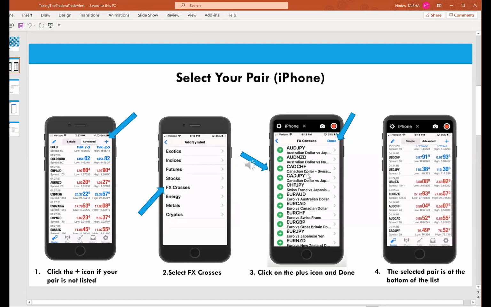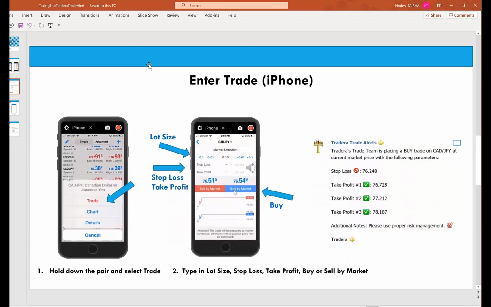Let's say I was looking here for CAD JPY. I could just click that green circle, press done, and now CAD JPY is at the bottom of my list. I'm going to speed up a little bit. Remember, all of these you can find on my YouTube channel. Hold down that CAD JPY, you're going to get a pop-up menu. Click on trade,